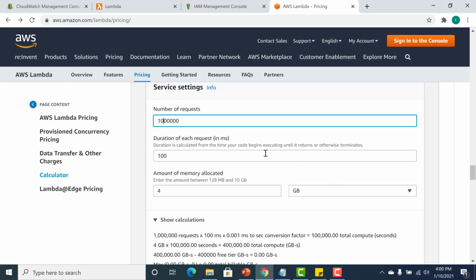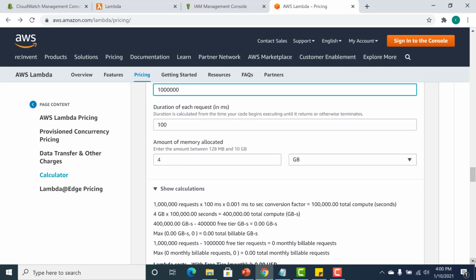So here I have entered the base parameter of 1 million, the duration is 100 milliseconds, and the memory is 4 GB. If you were to see the calculation, if I enter these values, my total GB seconds would be 0. I have consumed all my GB seconds here and my total number of requests would be 0 as well because I have consumed all my 1 million requests. So let's see what happens if I were to increase this. I will make this